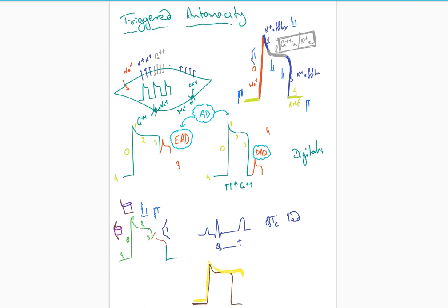It is supposed to close. Suppose this is, say, plus 10 or say 0 millivolt. So at 0 millivolt, does the sodium channel remain closed or open? At zero it will open again, right? So that is the point. So at this point of time, can the sodium channel remain closed? So here the sodium channel got closed.